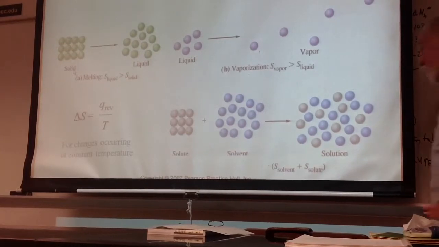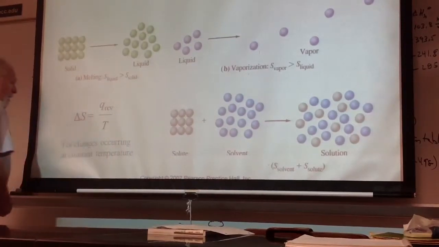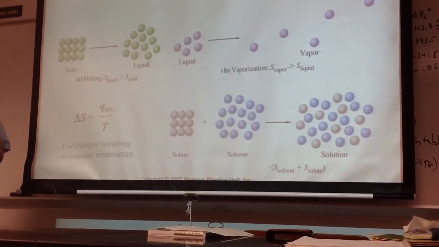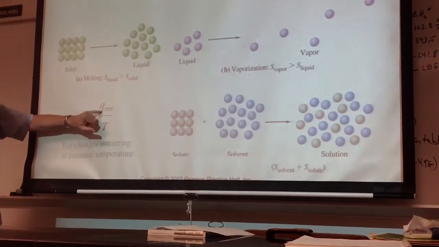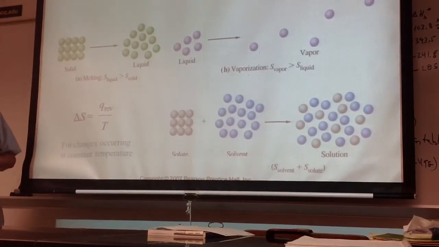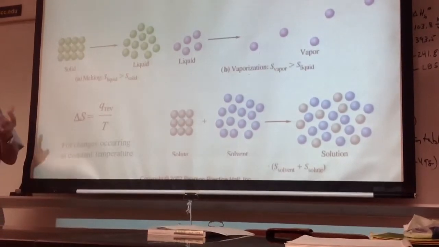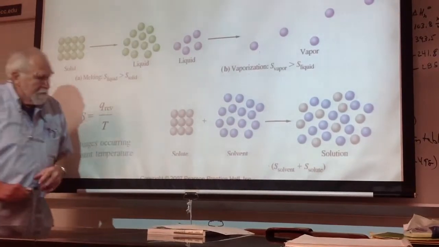Here's the definition of entropy that we're going to use to evaluate entropy change. Okay? And it's Q reversible. Remember I talked about reversible properties, and we could make them equal to state properties. So if I make this definition, if I take the heat change reversible divided by the temperature at which I do it, I can calculate delta S for the system. And you say, how can you do that? And you do things like dS, dq, dT, and you do calculus, which we're not going to do. I'll come back to the slide for just a minute.